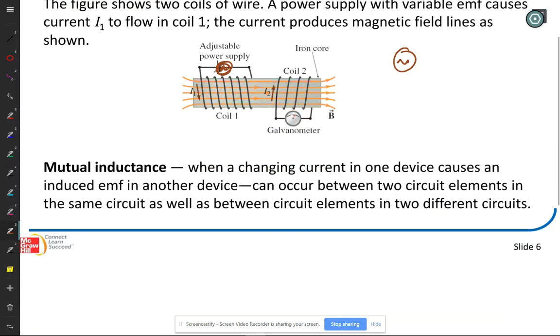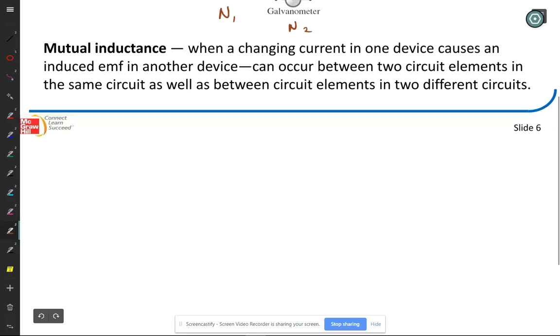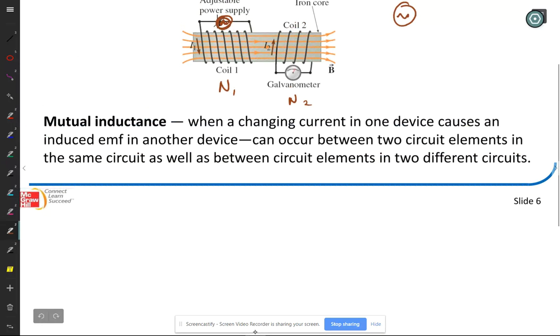So if we look at this, I have a coil here. N1 is going to be the number of loops in coil 1. N2 will be the number of loops in coil 2. And I have I1 going through coil 1 and I2 going through coil 2. Now coil 2 doesn't have a power supply. How this works is, if I have current 1 going through loop 1, then I'm going to have flux equal to,